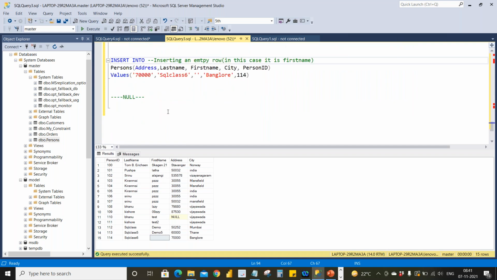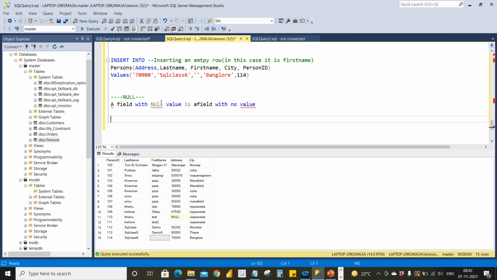So this is the difference between null and the empty value. A field with null value is a field with no value. So how do we get this null value?